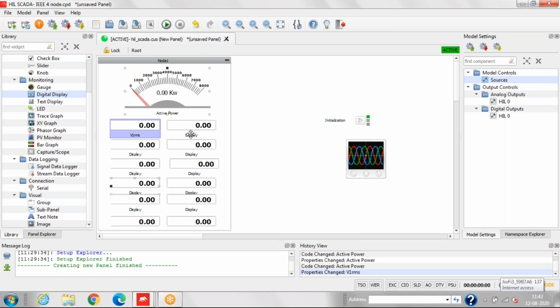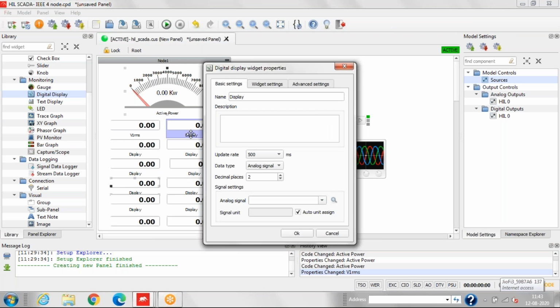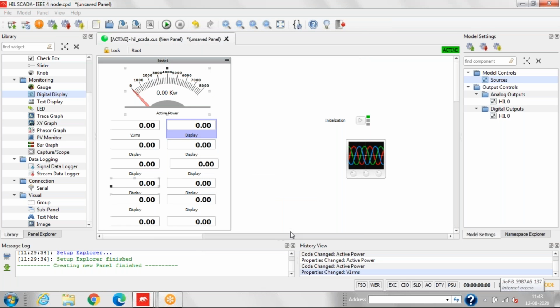Now similarly, this is for V1 phase. Now we'll add the signal. In this way, we have to select all the signals.